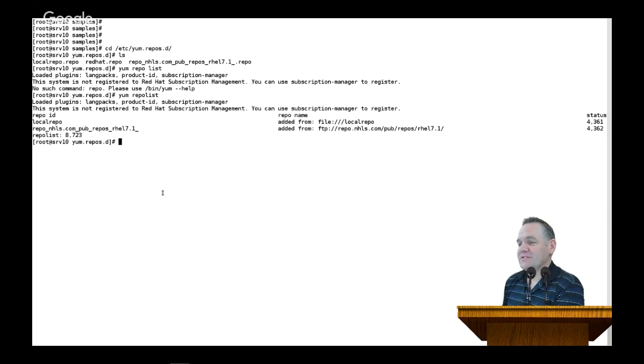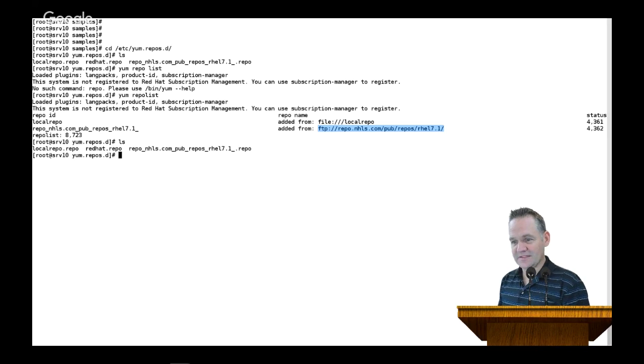So the repositories that I'm currently connected to are one that's in a local file system. The repository is really just a collection of RPM files that also includes some XML files to talk to Yum, and then FTP repos, NHLS. So I've got these two repositories. Well, those two repositories we see in that list are represented as files here in